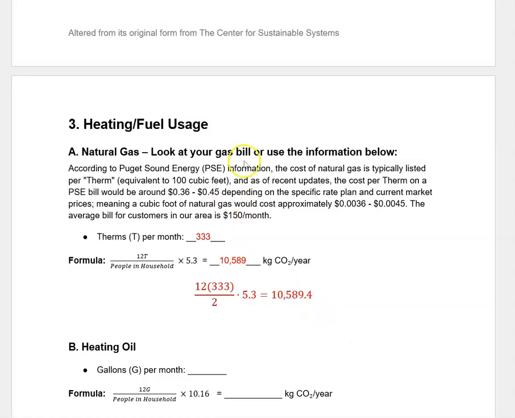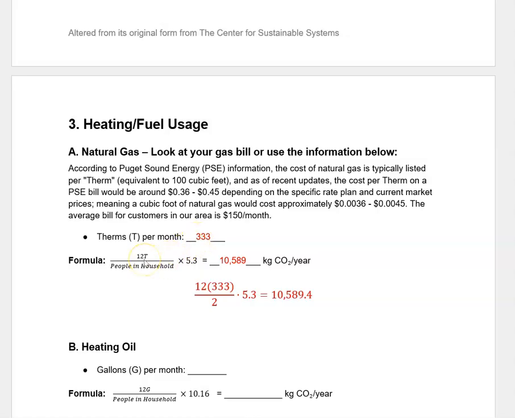Otherwise, you can use this that I found about Puget Sound Energy, and if it's $150 per month, you can use the information in here to figure out about what your use is per month, based on here's what it would cost and here's how much people are spending. So you can say, okay, if it costs this much per therm and I'm using this much, you can easily figure out how many therms you're using. And then